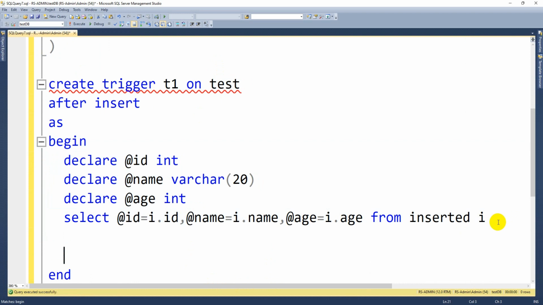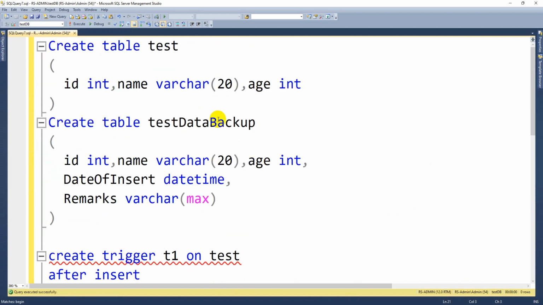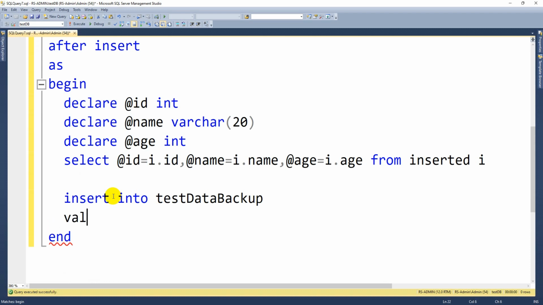After that, my intention is to keep a backup in this test data backup table. So here I can write an insert command: insert into test data backup values, and instead of id I pass the value we get from the inserted record id. In the same way I can pass name and age.